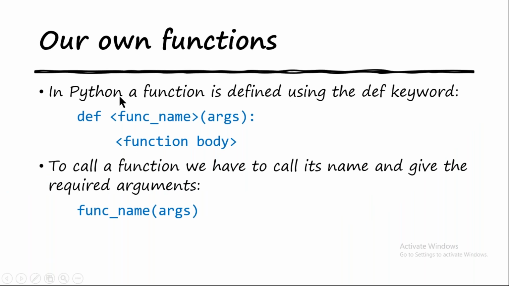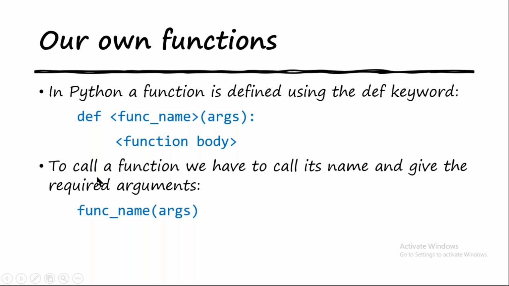So creating functions. When you're creating a function, the function is defined by using the keyword def. Def means define. Okay, and the syntax for it is something like this. We'll have def and then we'll give the function name. After the function name we have to keep brackets. These brackets will tell that this is a function, not a variable. So it's saying to Python that this is a function, not a variable. And then colon, and then we'll have the function body or function block.